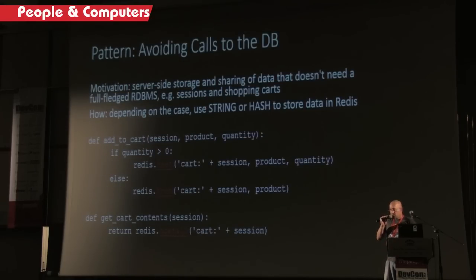So moving onwards, let's look at another pattern of using Redis, and instead of caching database calls, why not just avoid using a database at all? Why not store stuff in Redis? I mentioned that Redis is persistent. You can use it for persistency if you want, but sometimes your data doesn't really have to be persistent, like in this example. One of the things that you can do, for example, is keep transient or ephemeral